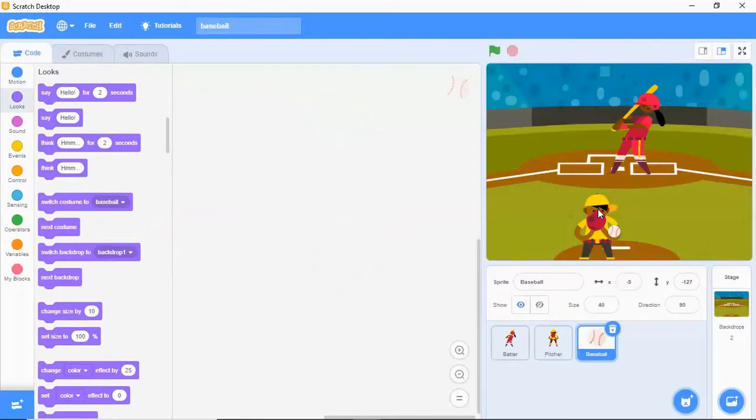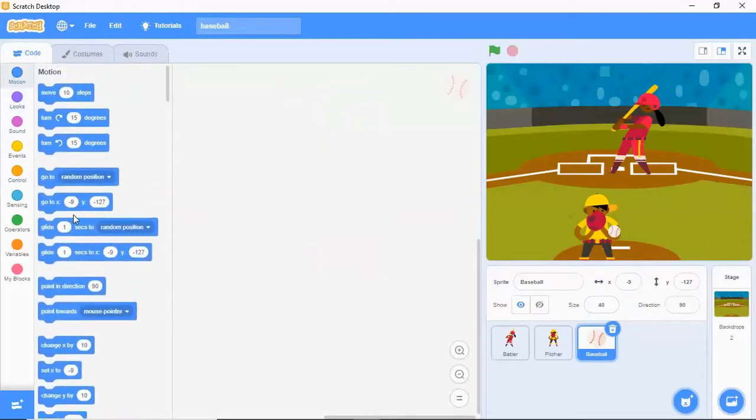Now let us do it for the ball. What is the position of the ball here? Okay, see the position. So go to motion, because always when you click the flag, the ball has to come to the picture. That is the original position of the ball. And then it has to move towards the batter, and from that it goes to another direction. So let us take the original position.